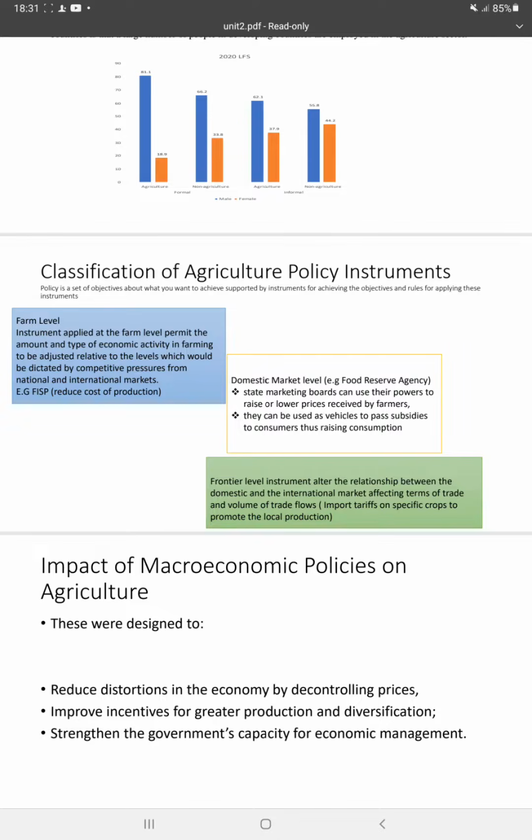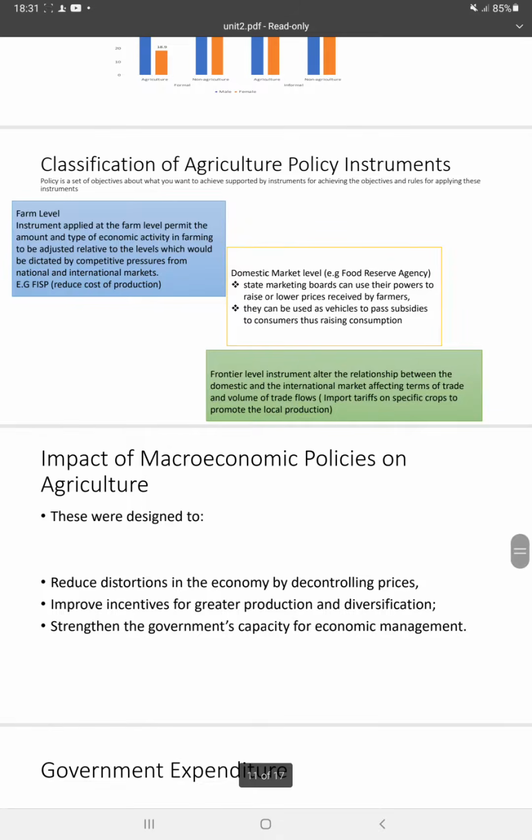Let's look at the farm level now. So you find that instruments applied at the farm level permit the amount and the type of economic activity in farming to be adjusted relative to the levels which would be dictated by competitive pressure from national and international markets. Domestic market level,